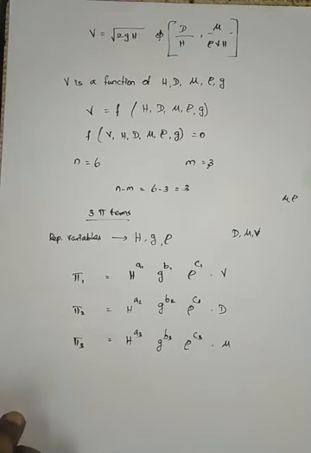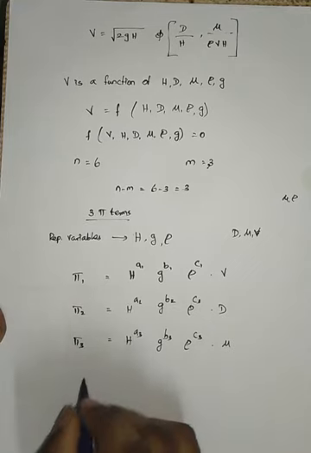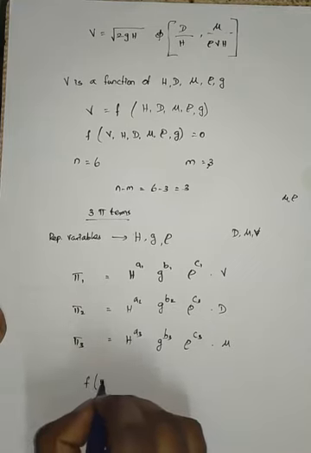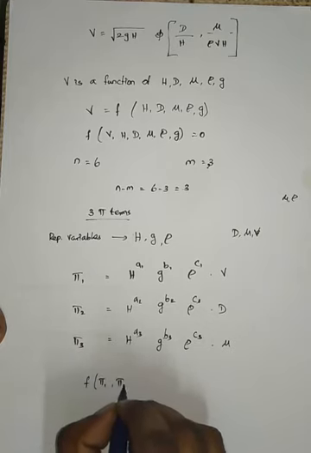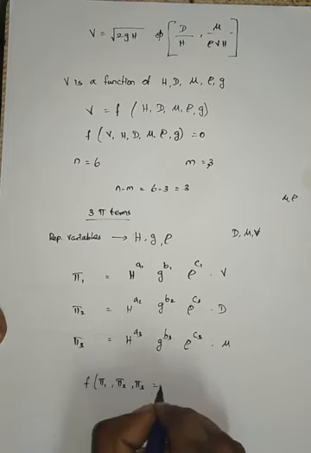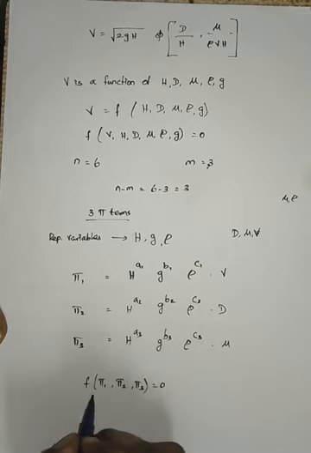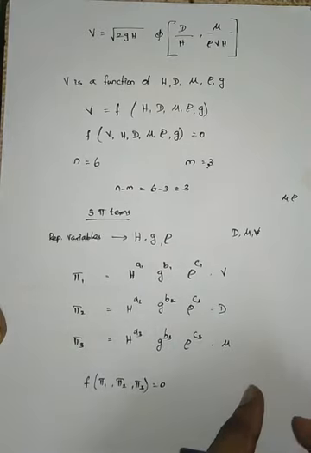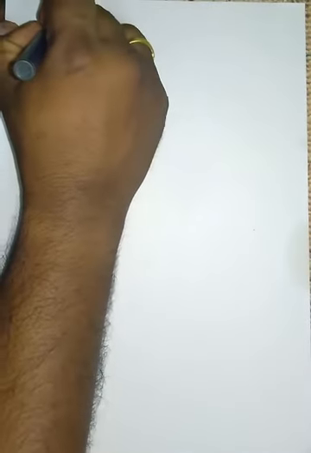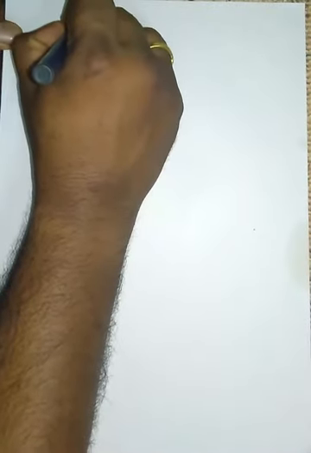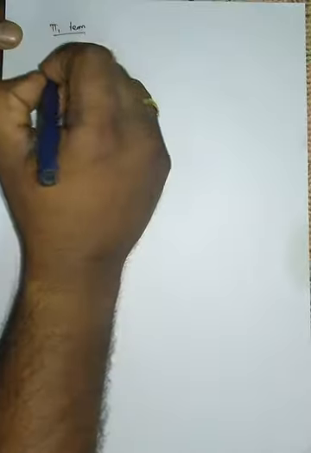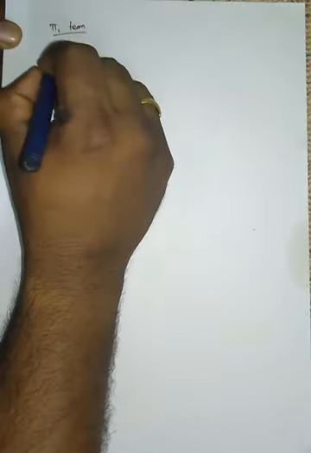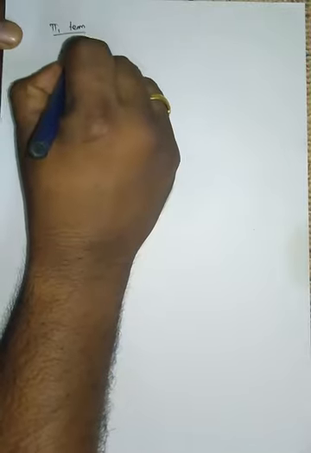Now it is time to go for each pi term and find out the pi 1, pi 2, pi 3 values, and you have to substitute the pi 1, pi 2 values in this equation: function of pi 1, pi 2, pi 3 equal to 0. After writing in this format, you have to bring this equation to the final equation. So let me take the first term, pi 1. As usual, the dimension in the MLT system of the pi term is M power 0, L power 0, T power 0.